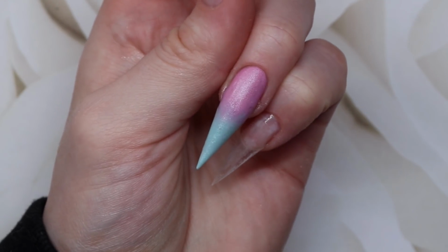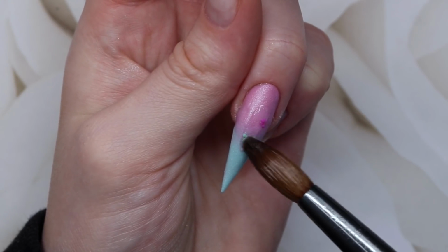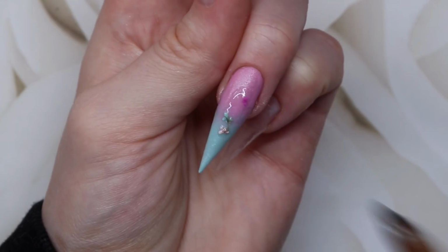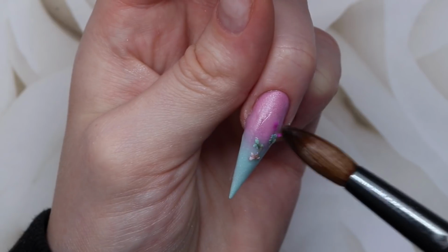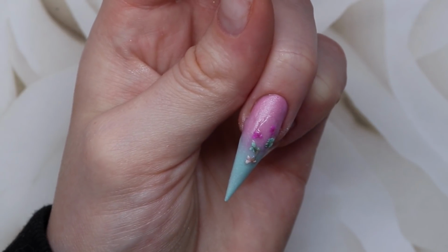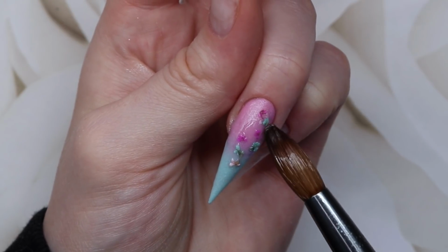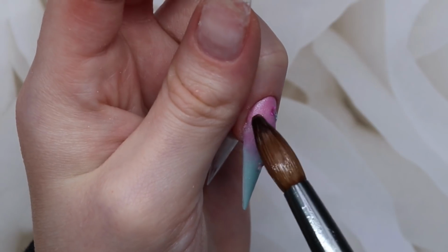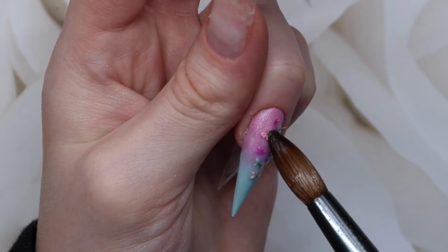Okay, so I'm going in with the Glitterbels glass slippers, and I'm picking up those dried flowers, and I'm just placing them where I want them on the nail. So I really like little dried flowers, adding them to sets. They just look so pretty and dainty, and it is spring coming up, so I thought a flowered set would be perfect for spring. So I'm kind of just placing these wherever, but kind of from the right side down the left,